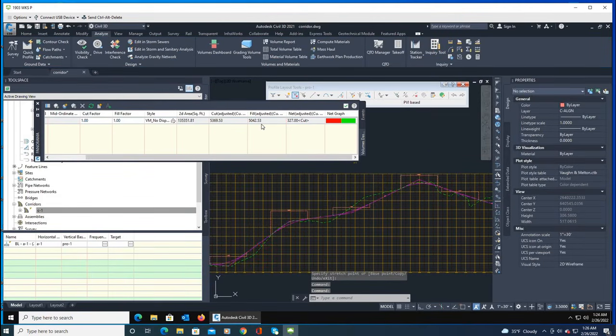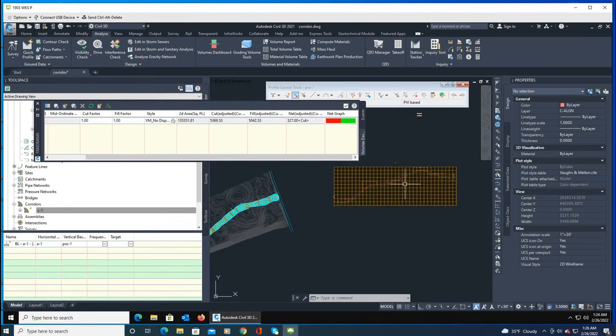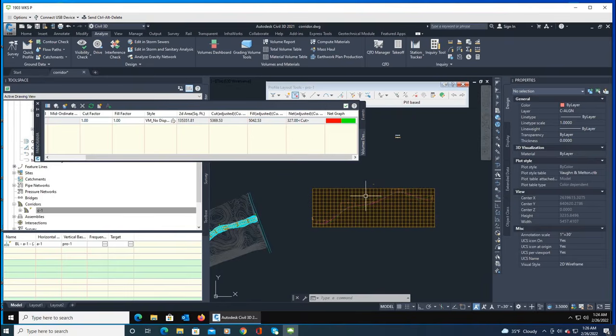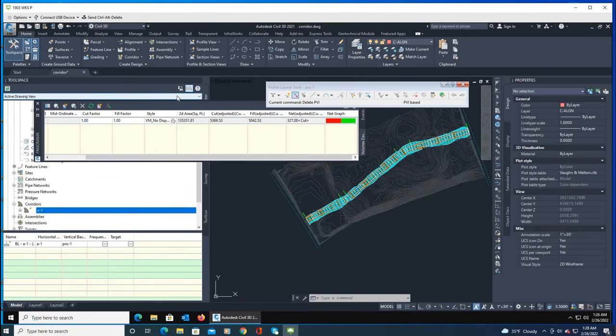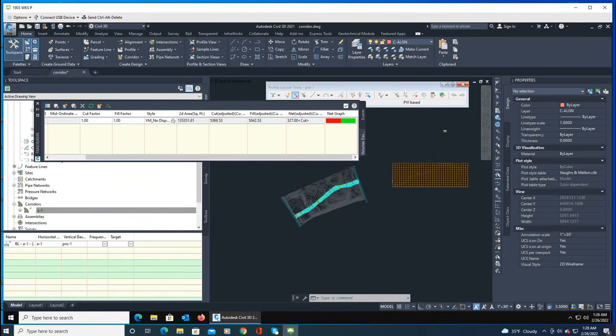And we're at, that's pretty close. I want to have a little bit more cut than I do fill. So there you go. We've balanced all this, and we got all this done. So one of the things I didn't do in the other video was do sample lines and cross sections. So let's try to go figure that out and add that too, so we can kind of look at what